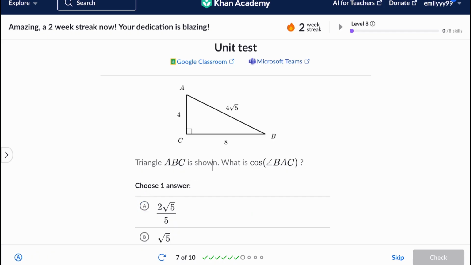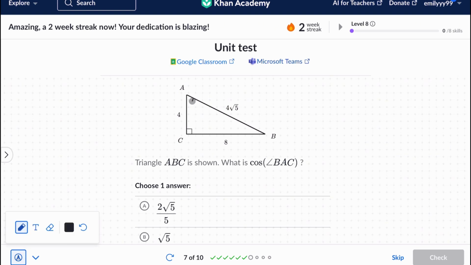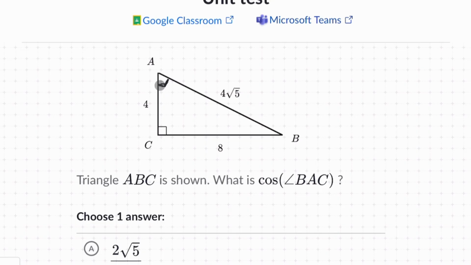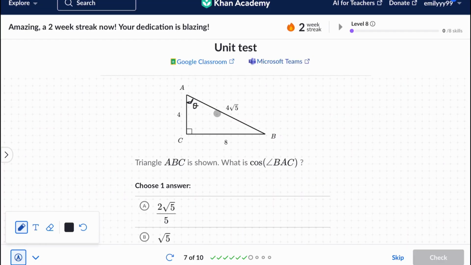Triangle ABC is shown. What is the cosine of angle BAC? So we're trying to find the cosine of this angle right here. You can call that theta, and then draw that arrow. This is opposite, adjacent, and hypotenuse. And so cosine is equal to CAH, from SOH-CAH-TOA, which is adjacent over hypotenuse, which is going to equal